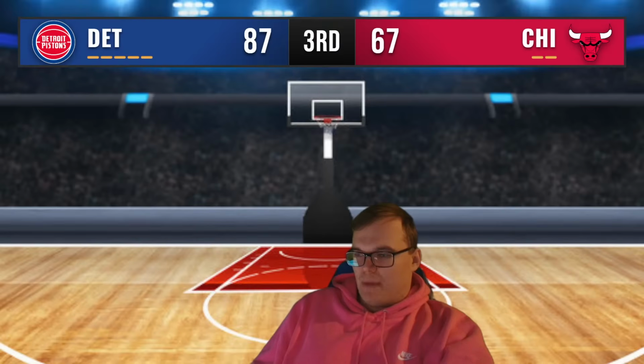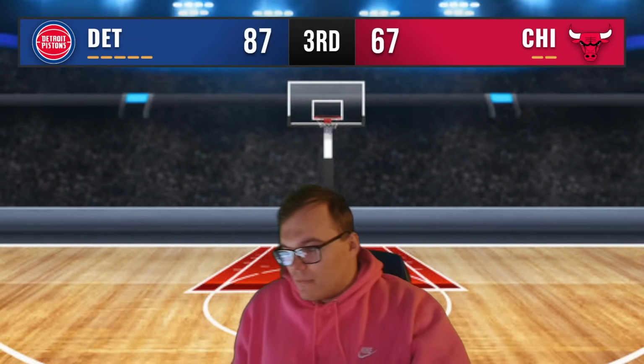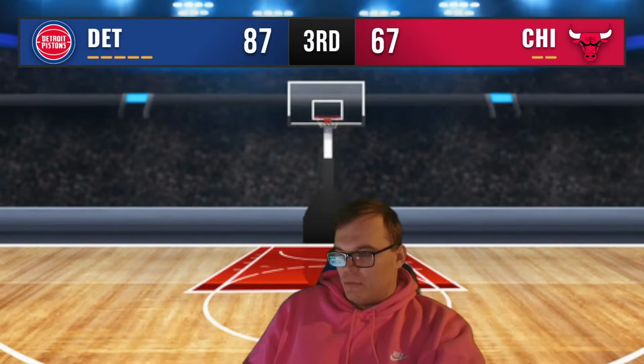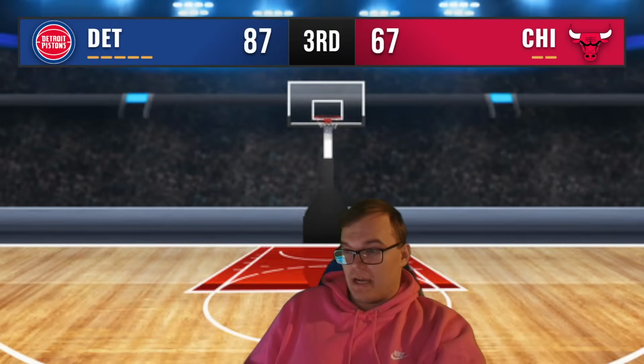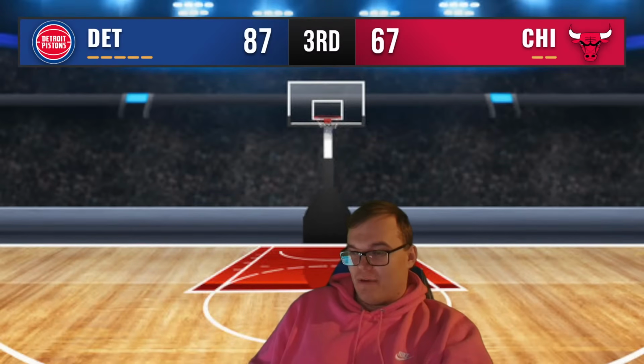Bad pass. Matas comes up with it in transition here. Matas gets it back from the Bulls on the left wing here. Finds Sexton. Sexton with the basketball inside. Nearly lost it. Gets it back here. Bulls just throw it away. Bulls are just having a turnover fiesta feast right now. Is that 20 turnovers now for the Bulls? That's crazy. 20 turnovers for Chicago now in this game.